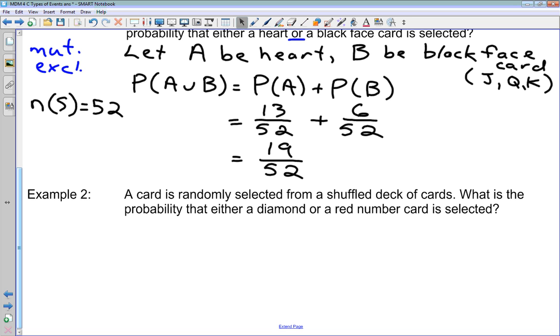Now let's think about example 2 here. A card is randomly selected from a shuffled deck of cards. What is the probability that either a diamond or a red number card is selected? Again, they're asking us an OR question here, so we care about whether these events are mutually exclusive or not. Are these events mutually exclusive, or are they not mutually exclusive? What do we think? Why? They are not mutually exclusive